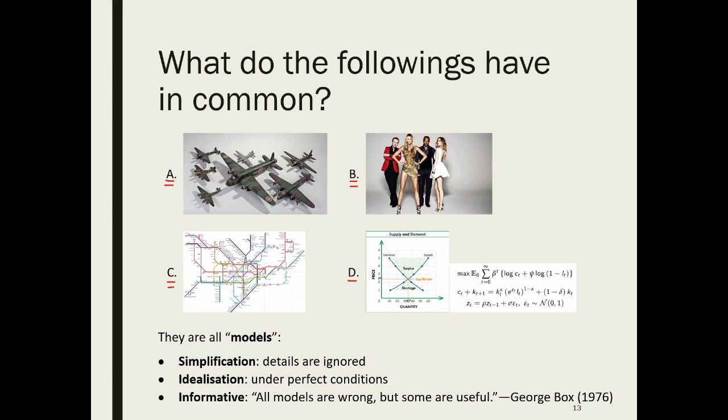It is a bit distorted, to be honest, in proportion and distance. But that doesn't really matter, because what you want to know from the map is the relative location of stations, rather than showing how London looks like. It is awfully wrong, but extremely useful. Just like economic models, there might be prediction errors from time to time, but households, firms, and governments can use the predictions to inform their decisions. That is the ultimate purpose of modeling, to provide information for action.